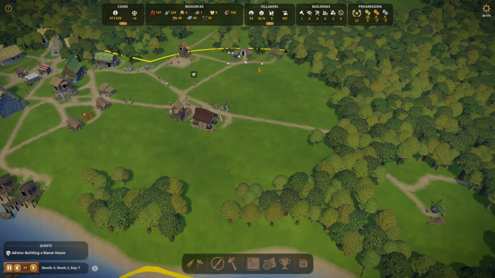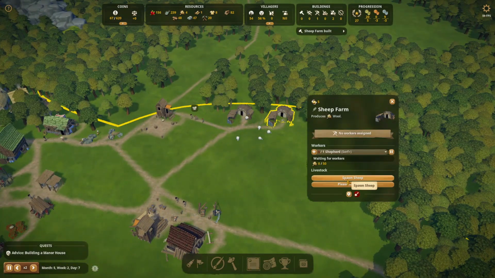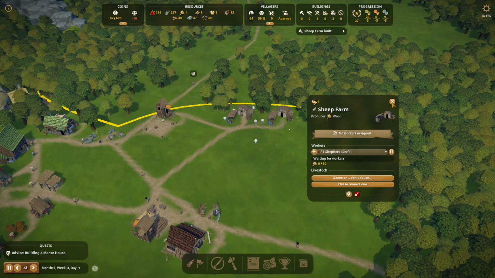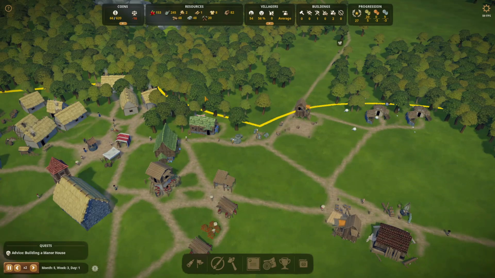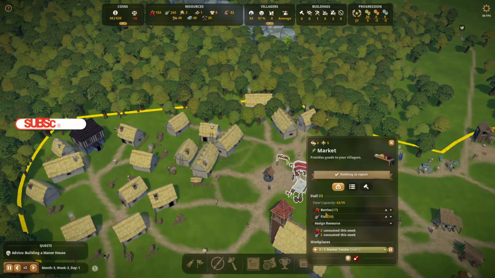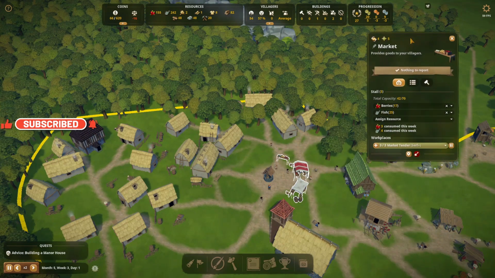Foundation. We were working on getting sheep farms up. 1, 2, 3, 4, 5, 6. Let's put a few sheep in there so that we can get all the wool that we need, and then hopefully soon we can really start to make some clothing. We already have a little bit of clothing, and hopefully we can get that even further, but we still have the issue of building a